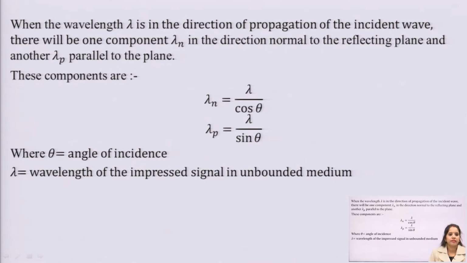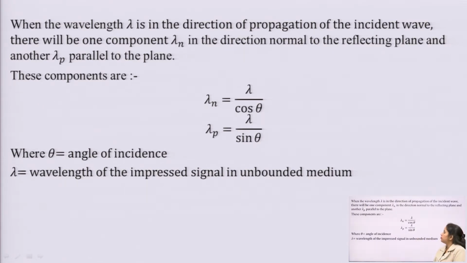Till now what we have seen is that in the case of a transmission line, the mode which is possible is TEM, and in the case of a microstrip line, quasi TEM is possible, but in the case of a waveguide, the TEM mode is not possible. The modes which are possible are TE or TM.